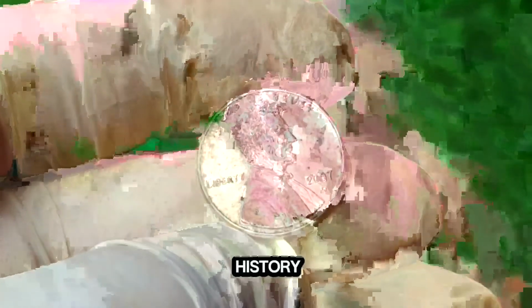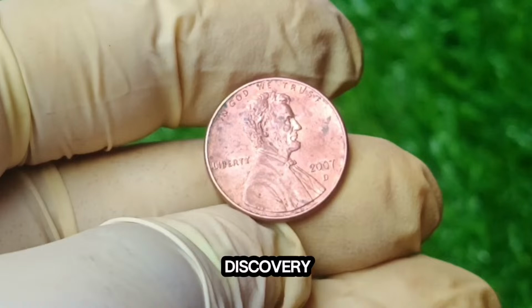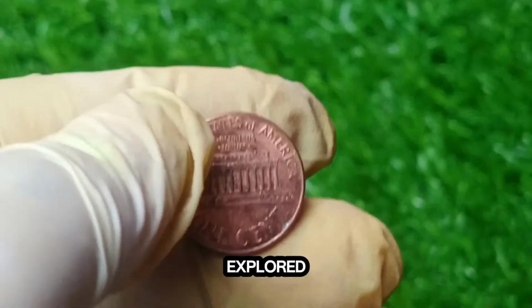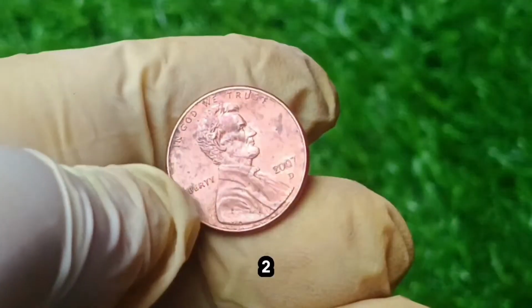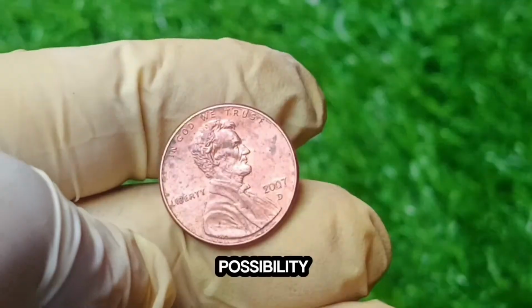It connects you with history, discovery, and a treasure trove. Could the 2000 penny be your ticket? It's a possibility. The one thing certain of coins is